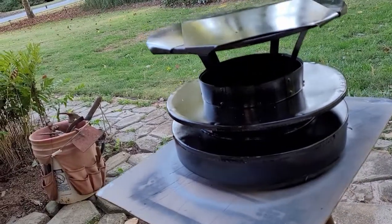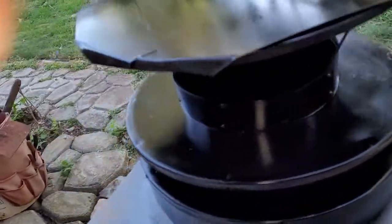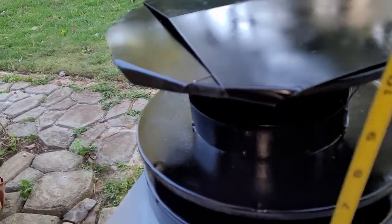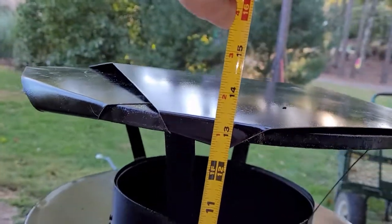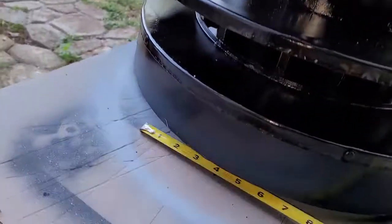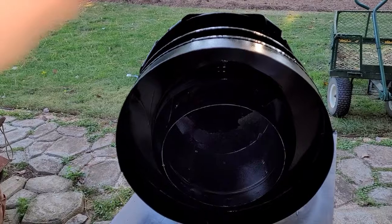All right, so here's the repair. It's all painted now. You can see that's nice gloss black, 2 coats of primer and 2 coats of black. I'm going to just do this real quick here. So it's about 14 high, and the base of it is 18 inches this way. But the inside,